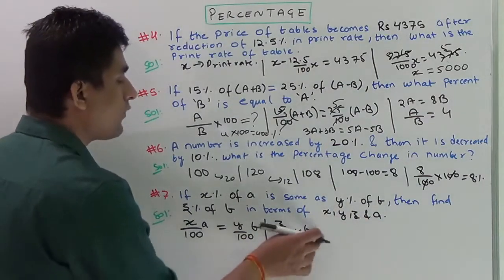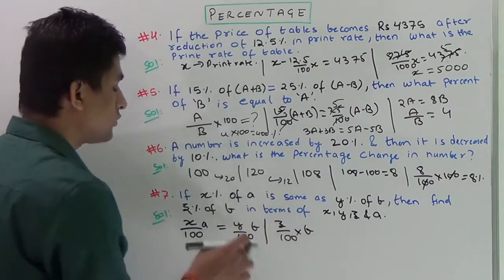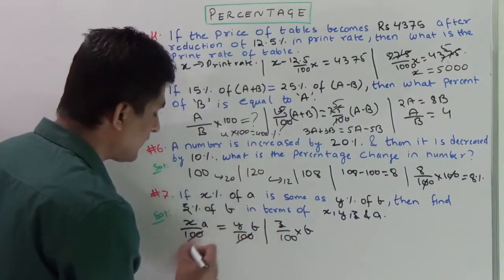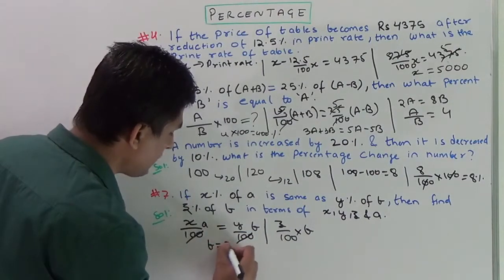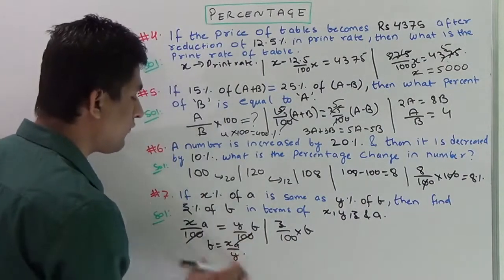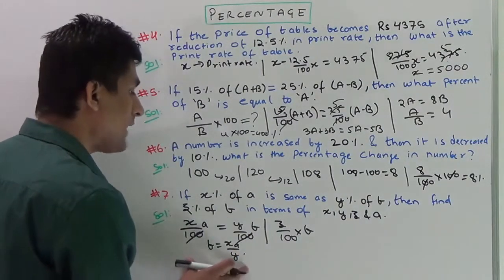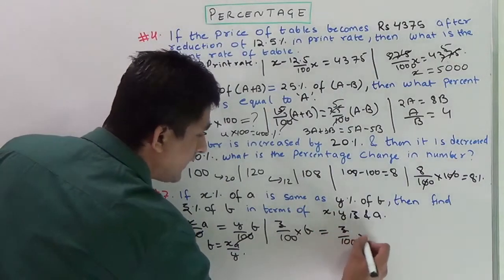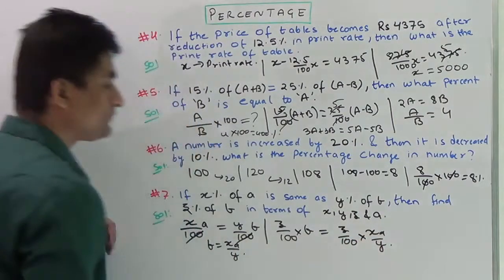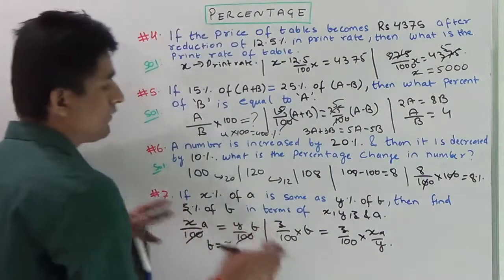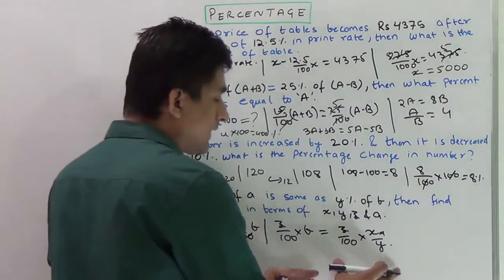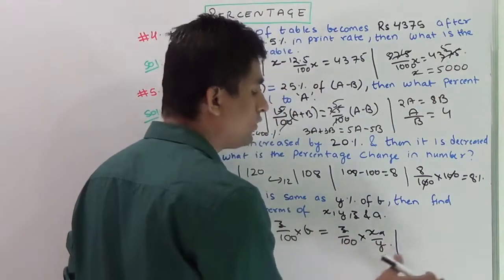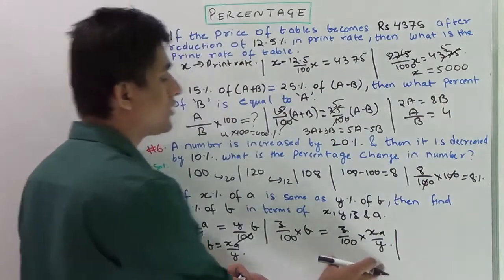If you look at this question, we have to eliminate B from this equation. So from this equation we have to calculate the value of B. So let us calculate the value of B from this equation. The value of B will come out to be x into A upon y, and I'll substitute the value of B here. So it will be z upon 100 into xA upon y. Okay, so the answer of this question should be z upon 100 into x into A upon y.